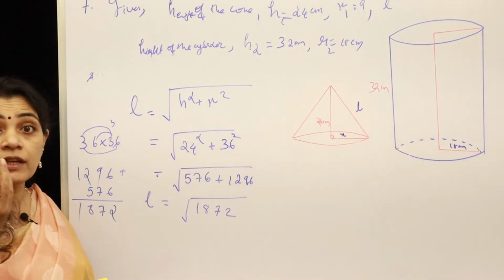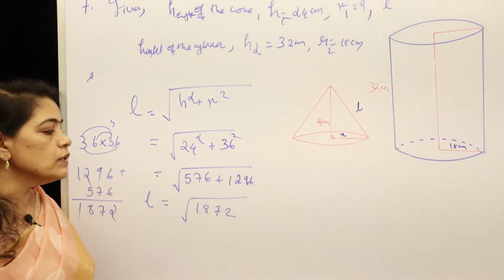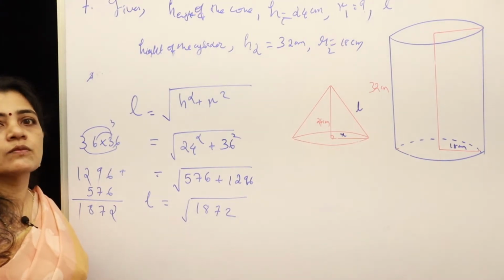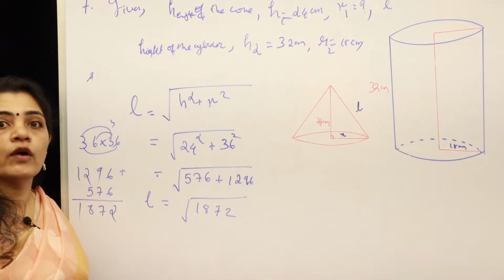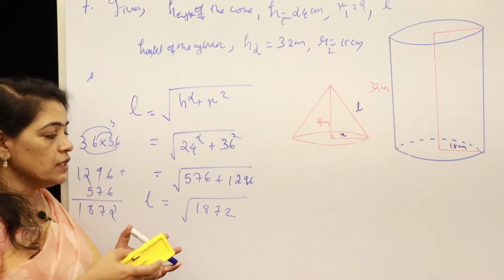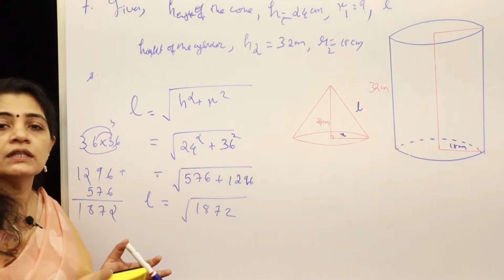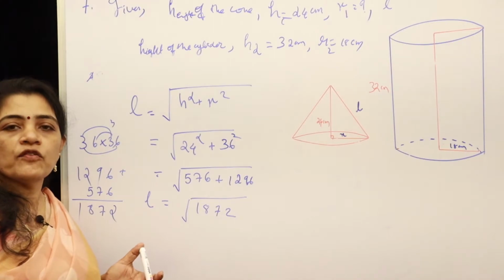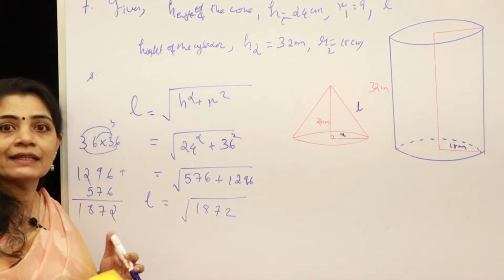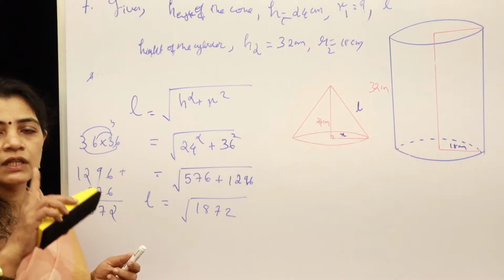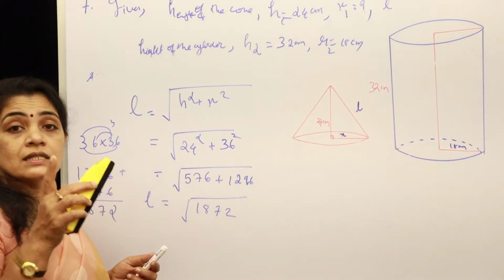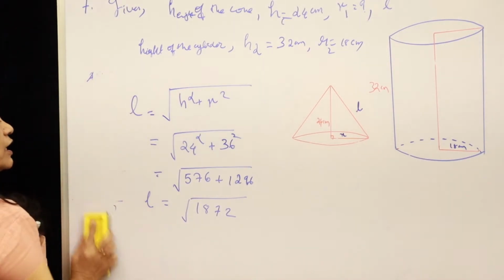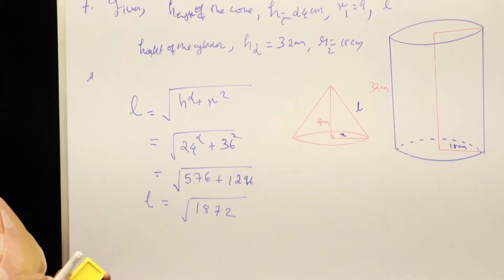But we know a very important result I am going to tell now, that is a number ending with 2, 3, 7, 8, that we have learned in smaller classes, will not be a square number. So it is not a perfect square. So if you know the number is not a perfect square, it would be better to go for prime factorization to get its square root rather than the division method. So the digits 2, 3, 7, 8 in the unit place will not be a perfect square. So if a number is not a perfect square, better to go for the prime factorization method.